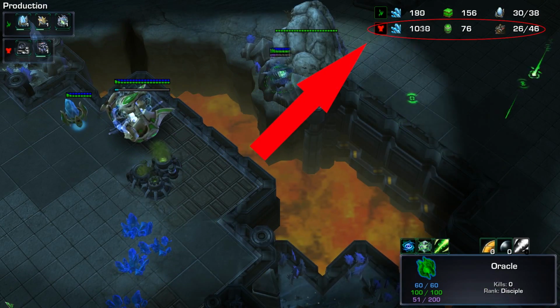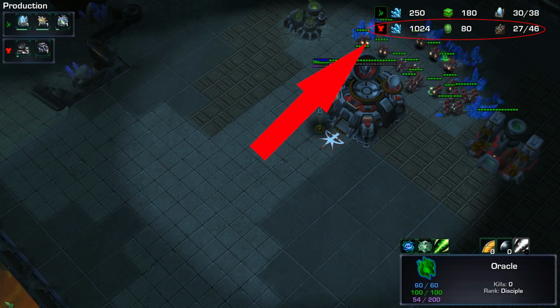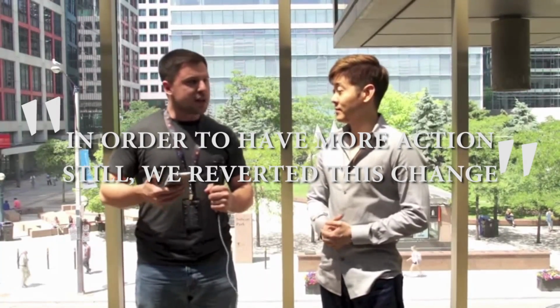Everybody knows that Oracles are already difficult to beat in Heart of the Swarm for low level players, so how are we supposed to beat an Oracle that requires perfect scouting and reactions to defeat? The easiest fix for this would be to make turrets a barracks requirement like they were in the start of the beta once more. David Kim said in an interview with Lycan that in order to have more action still,